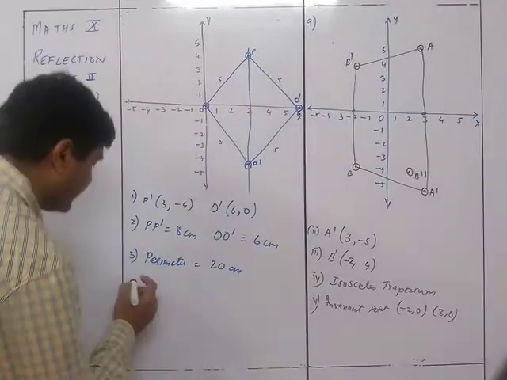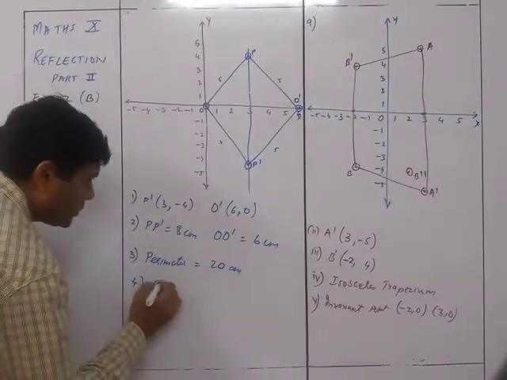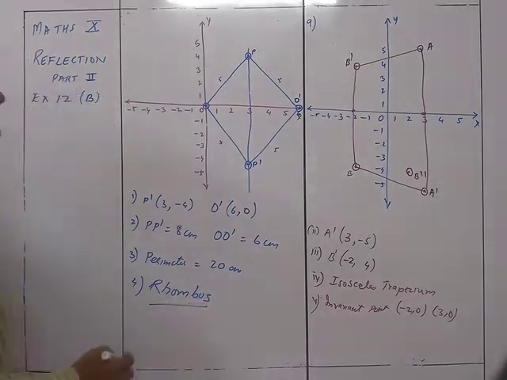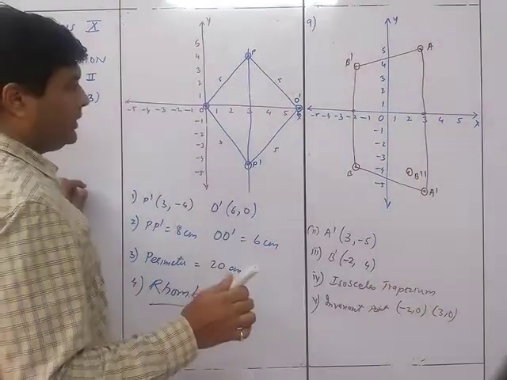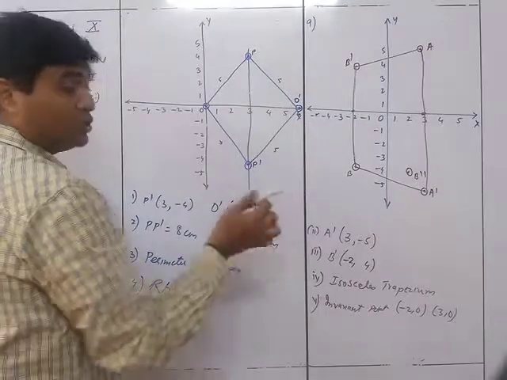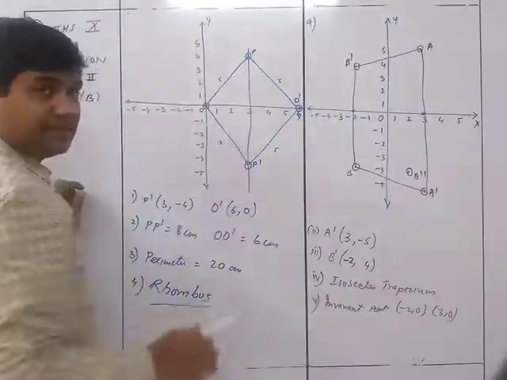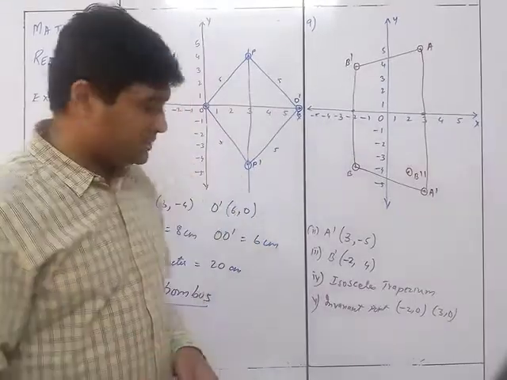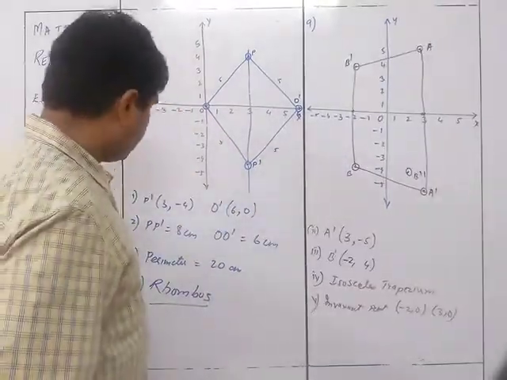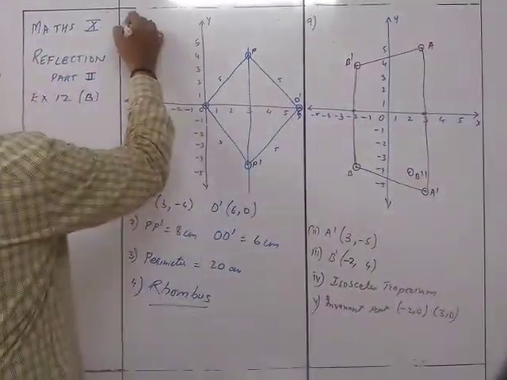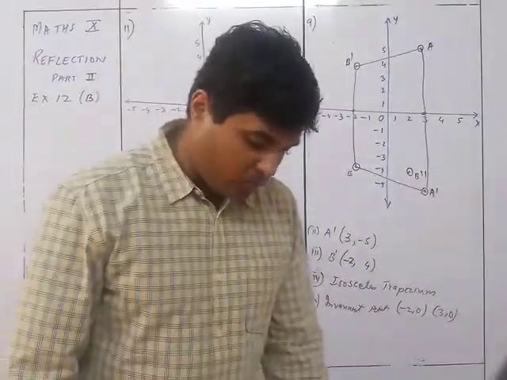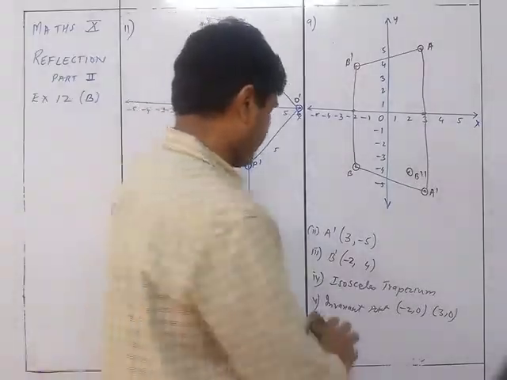What is the geometrical figure? We saw that it is nothing but a rhombus. Okay, it's a rhombus. Or you can just check it out. This distance is 6 and this is 8. So it is a rhombus. If this would have been also 6, then it would have been a square. So right now, we know it's not a square, it's a rhombus over here. So that is question number 11. Question number 11 done. Now we move on to question number 13.